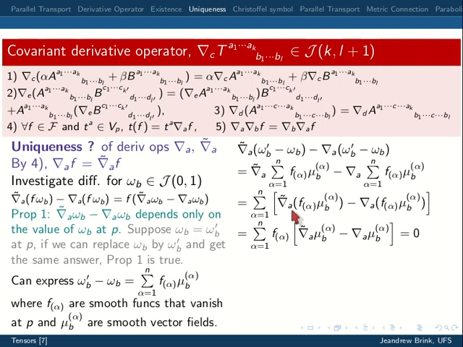And then I use this fact that I proved earlier simply by using Leibniz's rule on F times WB, that this entity is equal to that. And then I say because F of A vanishes at point P, the whole thing is 0. Okay, so